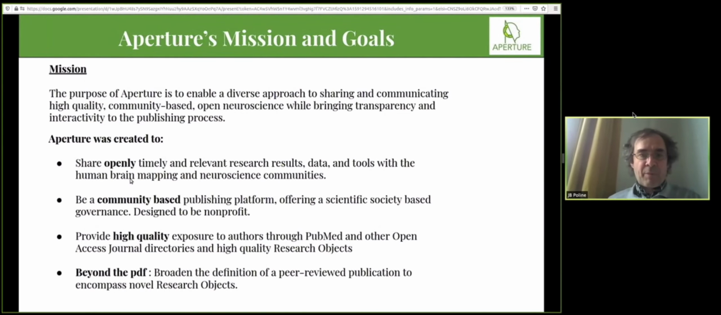So the mission of Aperture is stated in this slide. I can read it quickly for you. The purpose is to enable diverse approach to sharing and communicating high quality, community-based, open neuroscience while bringing transparency, interactivity to the publishing process. So Aperture was really created